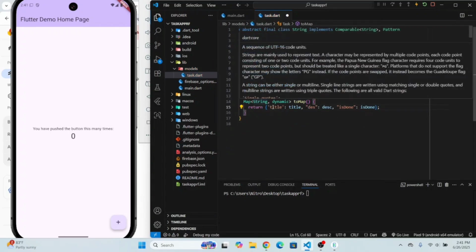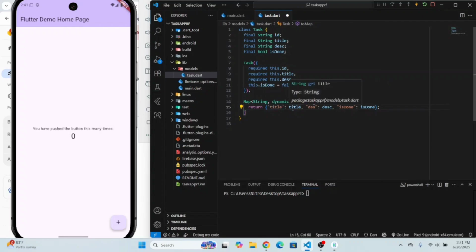Okay, this is string and this is dynamic. This is the format, map format. Okay, and this is string. It can be anything. This is how our data will be saved in the Firebase database, Firestore. And let's create the factory constructor to get the data from the Firestore